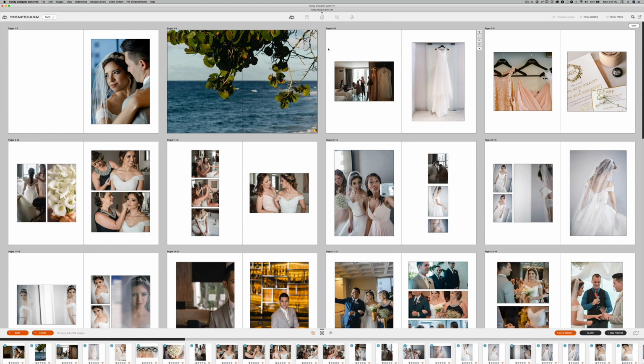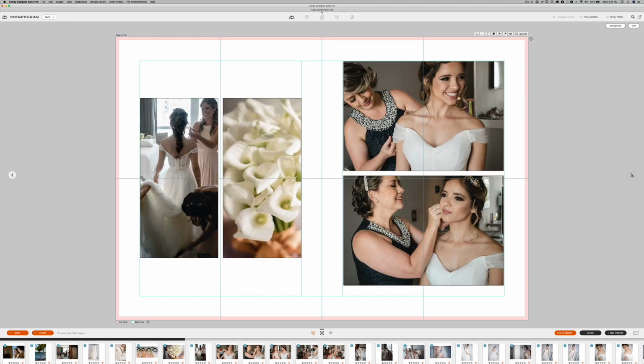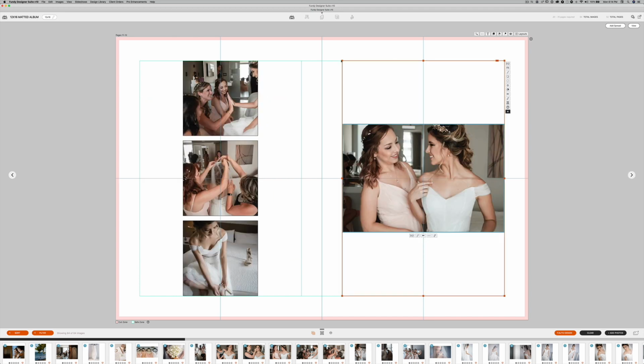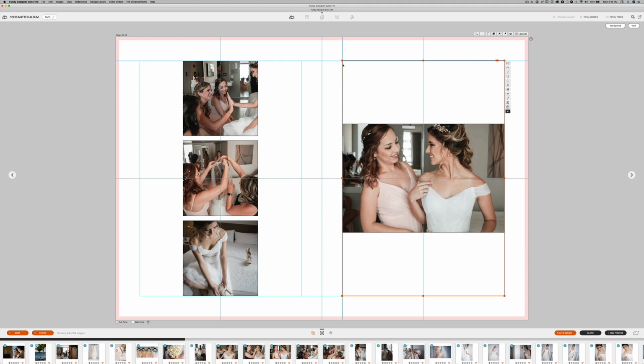But what is very important is that once you're done with the full design, you go spread by spread, making sure that your image is within the boundaries of the safe zone, which is the green square or the green rectangle that we see here. It has to be within that green box. As you can see, they both are. So you're going to go spread by spread, making sure it is that way. If, for example, you get to a spread and something like this is wrong, it won't work. So you need to adjust it and bring it into